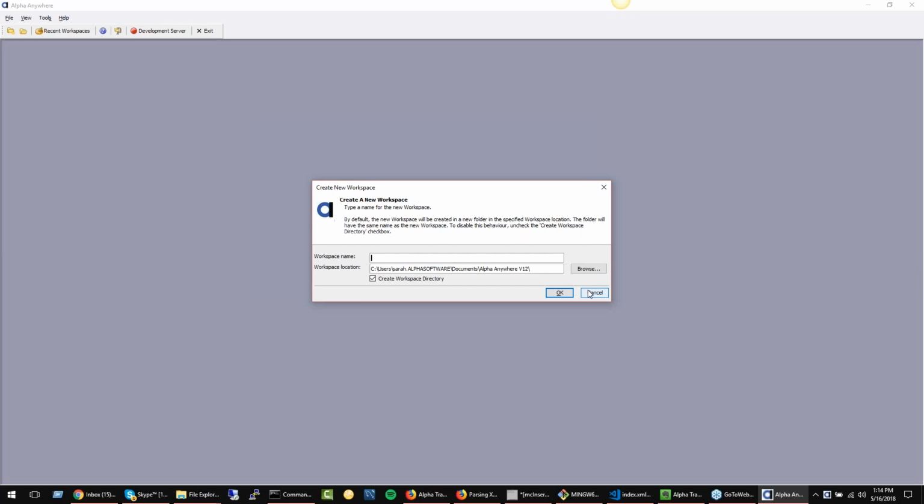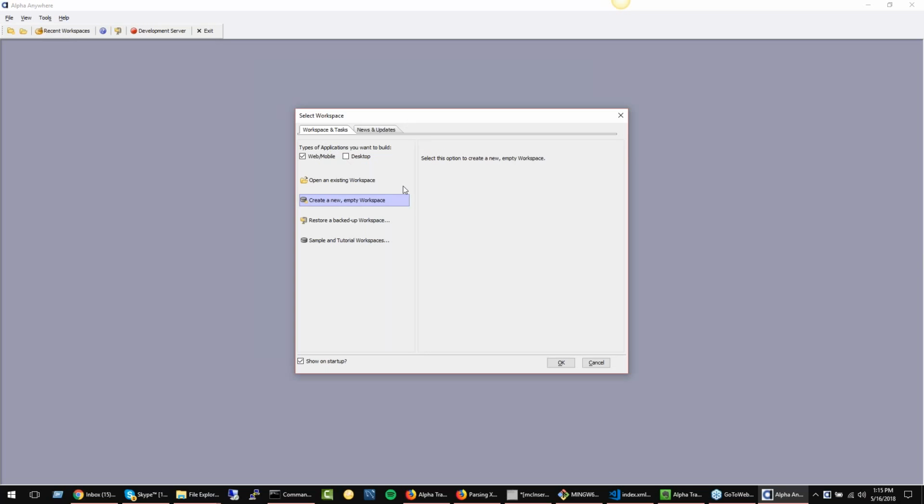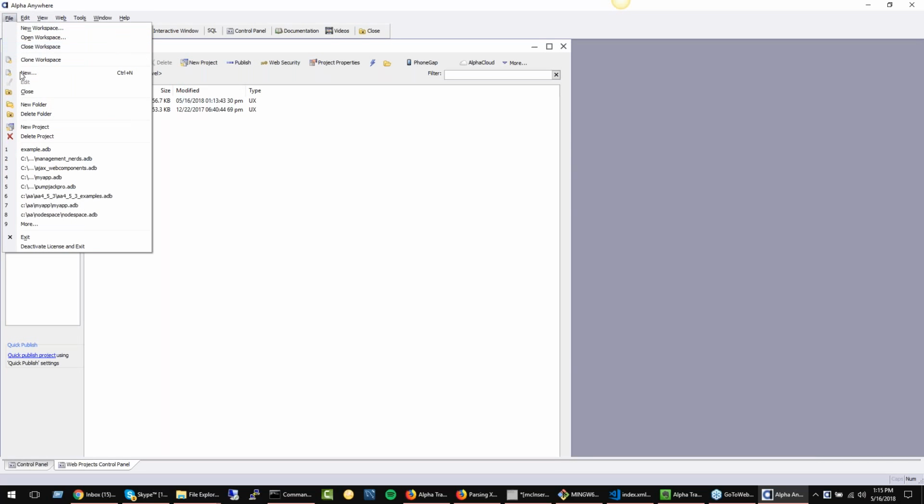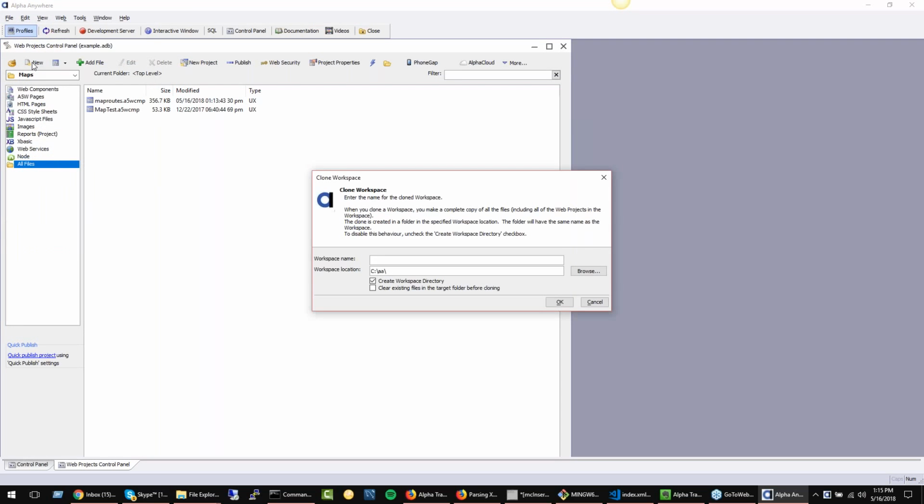In addition to this, we also have a clone a workspace feature, which is getting a bit of a facelift but does exactly the same thing it does right now in Alpha Anywhere, which allows you to copy an existing workspace to create a new one.